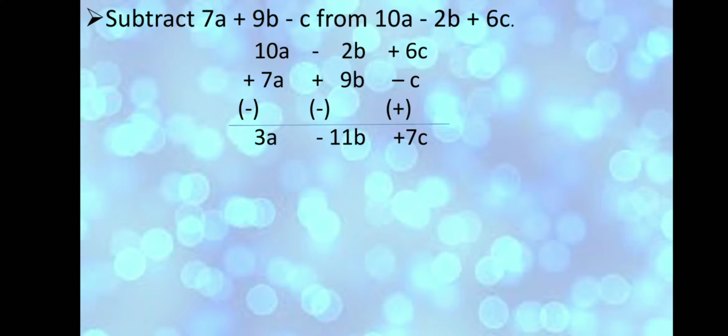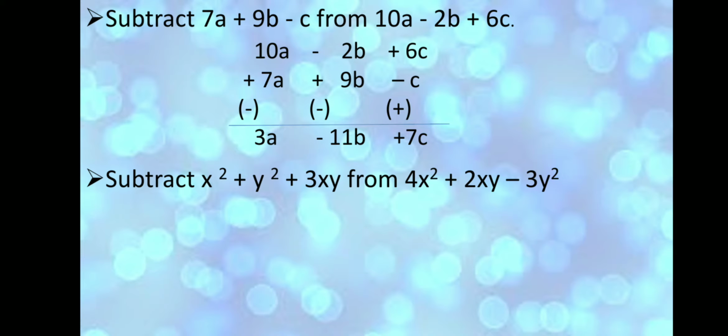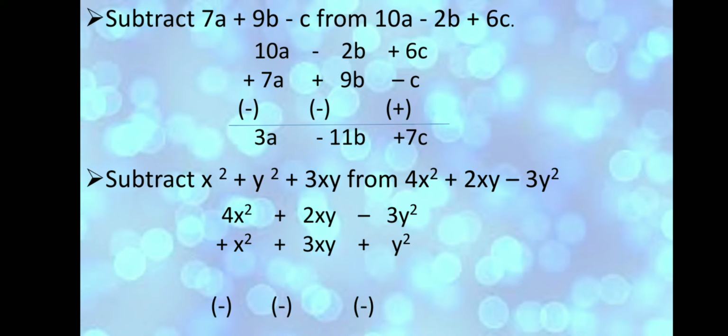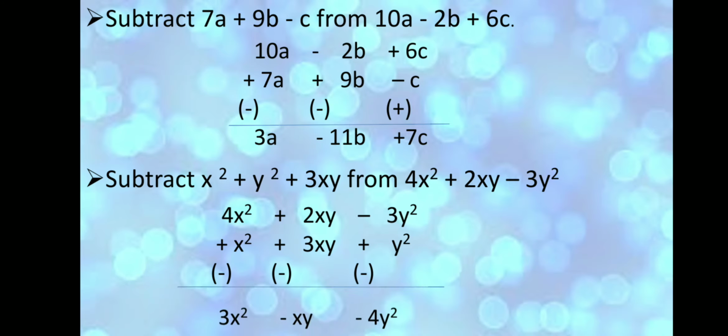Now let's go to another sum. Subtract x square plus y square plus 3xy from 4x square plus 2xy minus 3y square. How will you subtract it? You will arrange them first, one below each other, the like terms, and now you will change the sign of the subtrahend row, and now we are going to subtract it, which will give us the answer